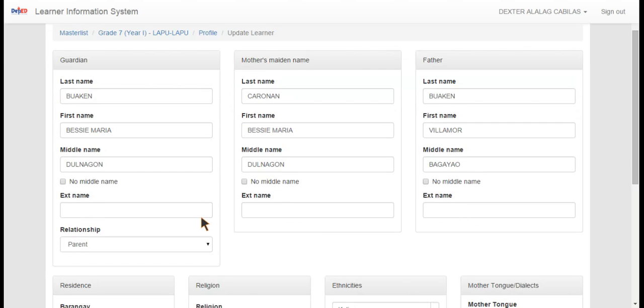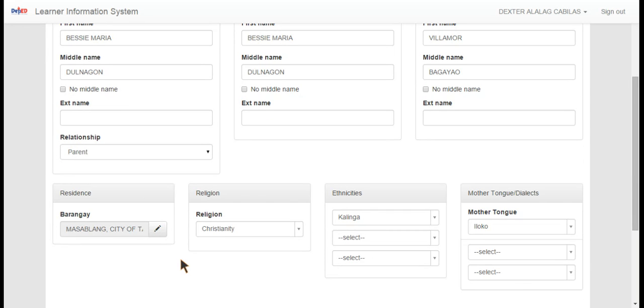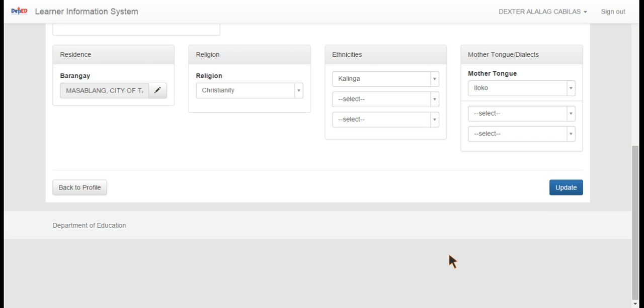Likewise, you can also change or update the residence of the learner, his religion, the ethnicities, and the mother tongue or dialects which the learner is speaking in their home. Once you are done, all you have to do is to click on update.